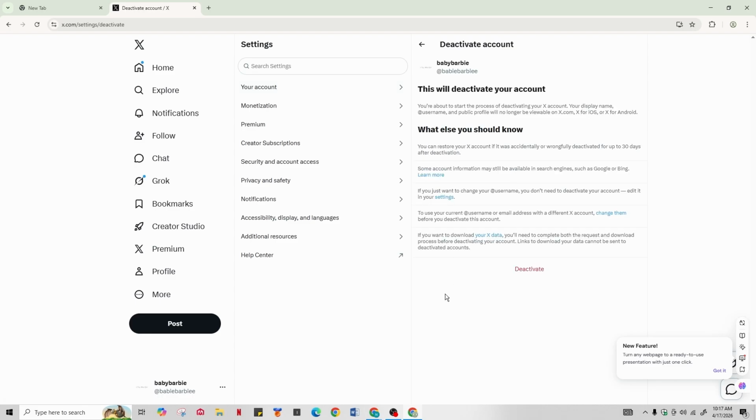Remember that you can restore your Twitter or X account if it was accidentally or wrongfully deactivated for up to 30 days after deactivation. But after 30 days, your account will be permanently deleted. And before 30 days, if you log in with your specific username and password, you'll be able to regain access